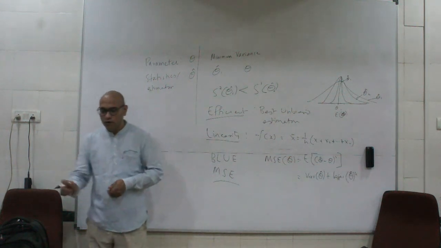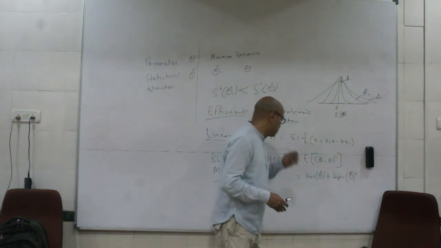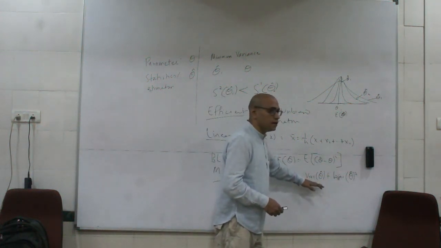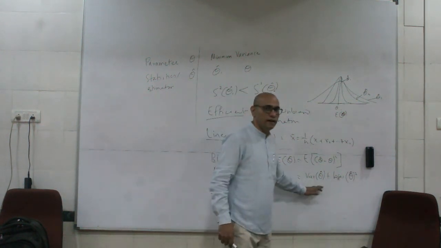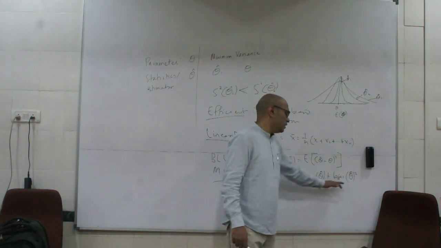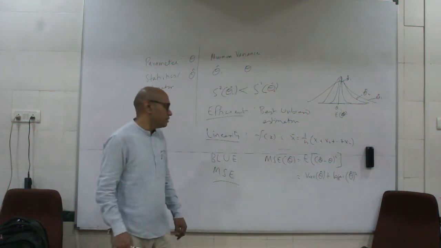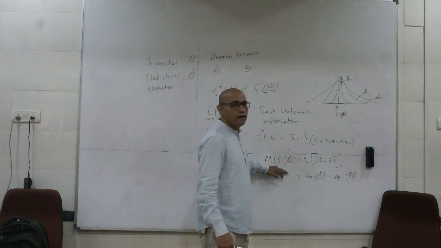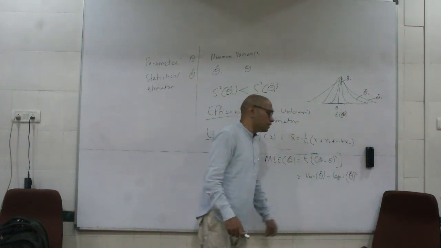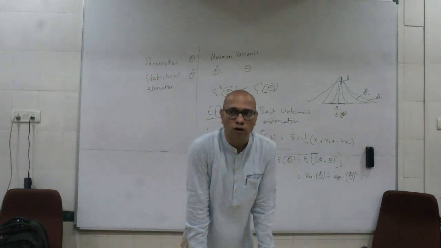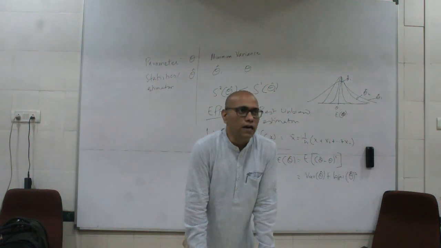So basically this tells you how much of the error we have. When we were looking at minimum variance, we were only looking at the variance of theta hat, right? Here we also look at the bias of theta hat, and when we put bias and variance together, what we get is the MSE of theta hat. So we try to keep the variance smaller. We also try to keep the bias at 0. Okay, if not 0, then